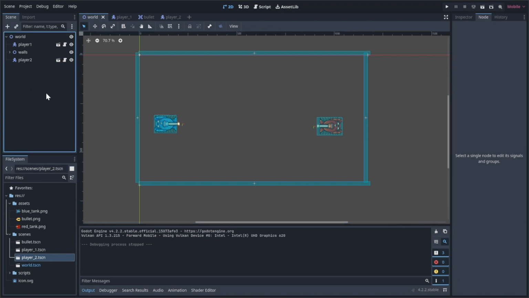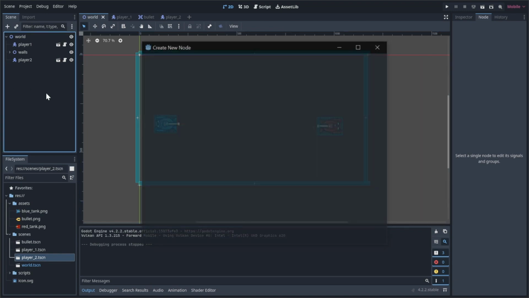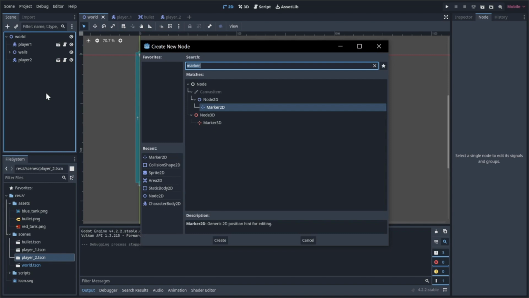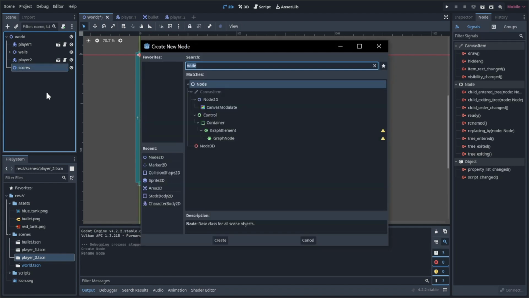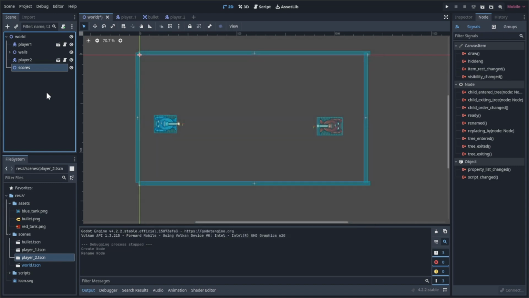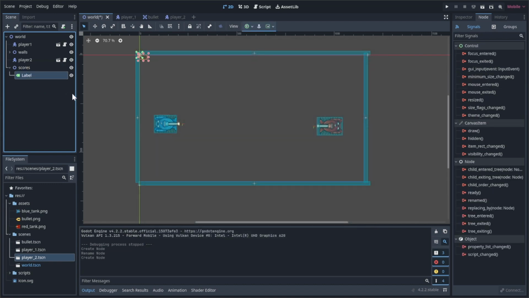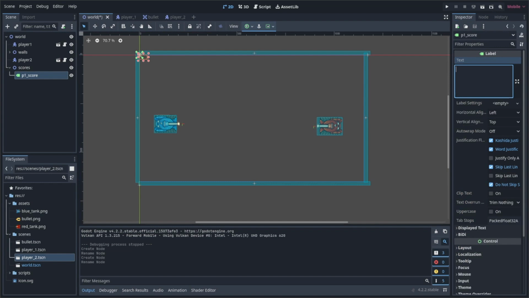Okay, so first of all, just to hold all the score labels, I'm going to make a node, so a Node2D, and I'm going to rename this to Scores, and inside of here I'm going to add a label. Okay, and let me rename this label to Player1Score, and if I go over to the inspector, I can add to the text. I'm going to say Player 1